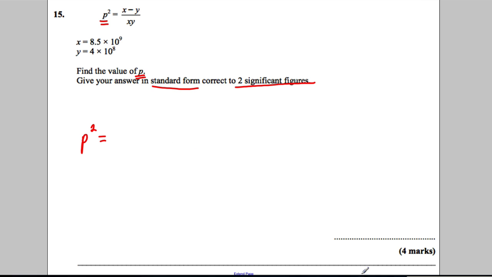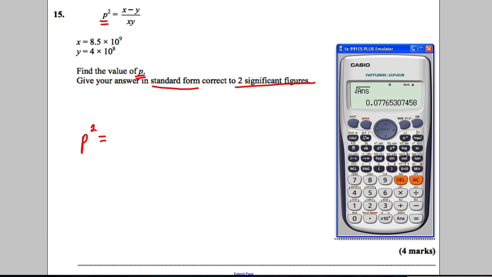Okay, so p squared, we're going to get the calculator out, and what we're going to do is press the fraction button. X take away y, so x is 8.5 times 10 to the 9. I should have written brackets around it for safety. So that x is there. Then we are subtracting, open brackets, y, 4 times 10 to the 8, close brackets, over x times y, so open brackets, 8.5 times 10 to the 9, close brackets, times 4 times 10 to the 8, close brackets, and